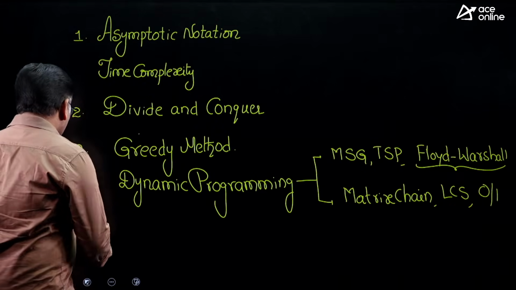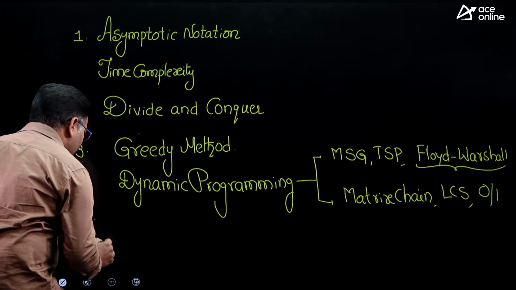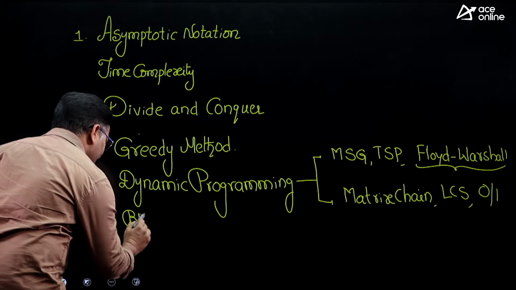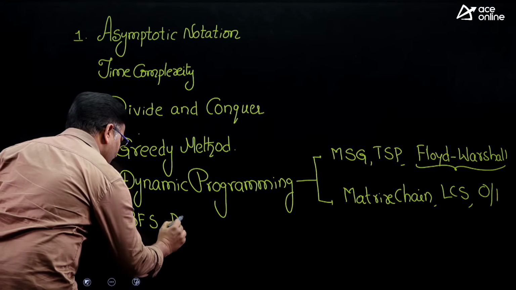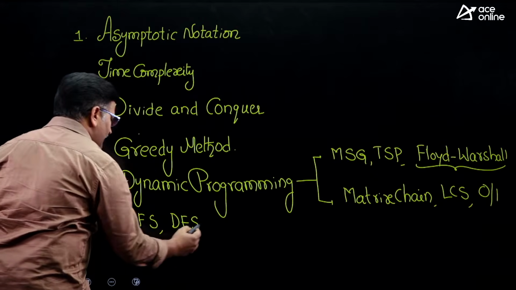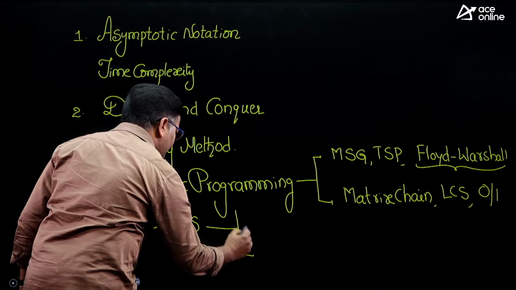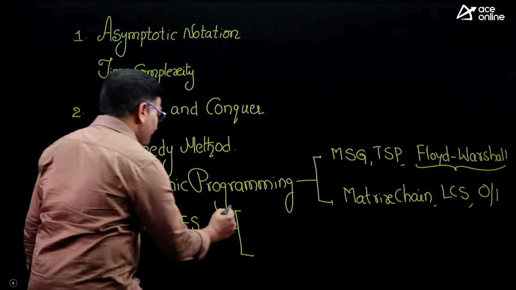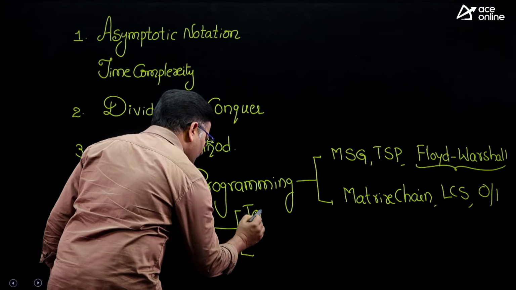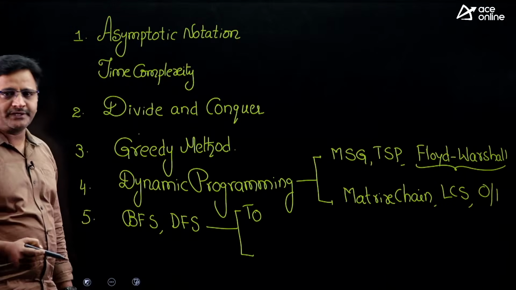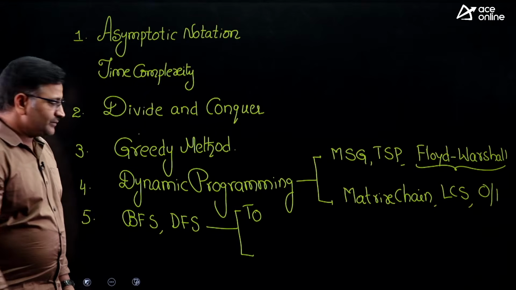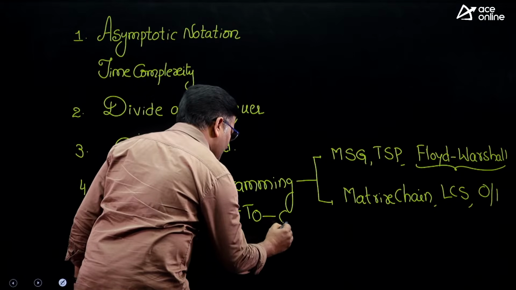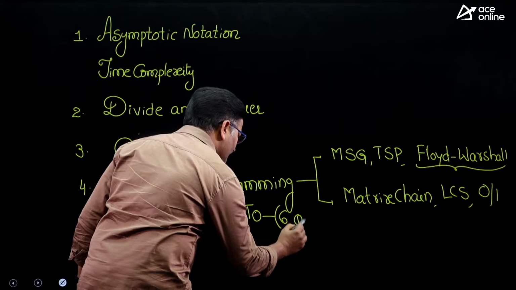So apart from these 4 topics you need to focus on graph algorithms like the BFS algorithm and then the DFS algorithm. Especially in the DFS algorithm there are several applications. The first application is topological ordering, which is the highest priority topic in DFS applications. So far there have been 6 questions from topological ordering in the GATE paper. First one is